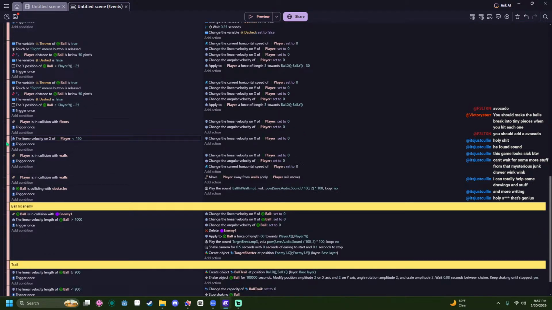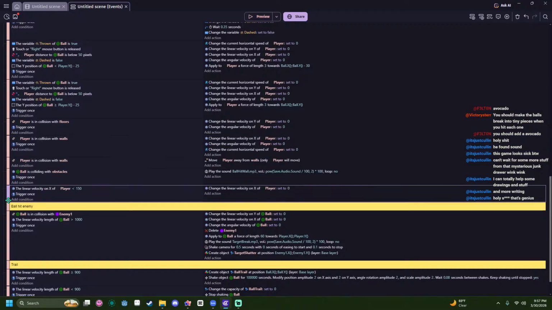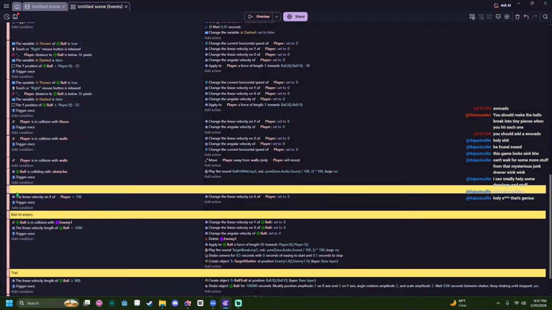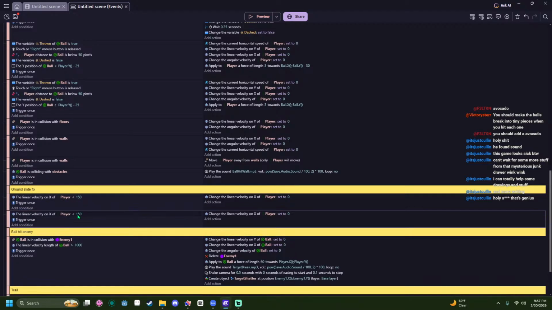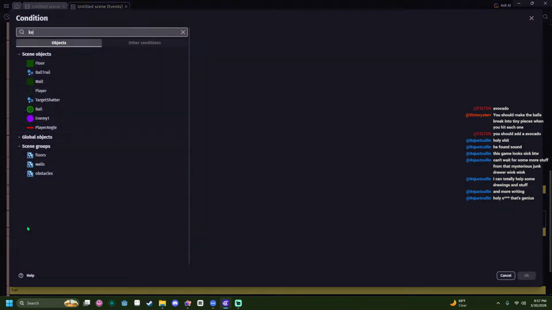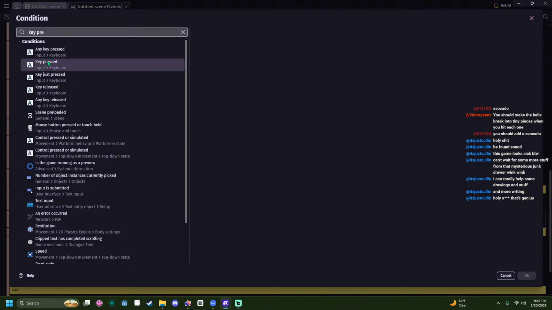Okay, hang on. Ground slide fix. Okay, so if it's less than 0 and key pressed.